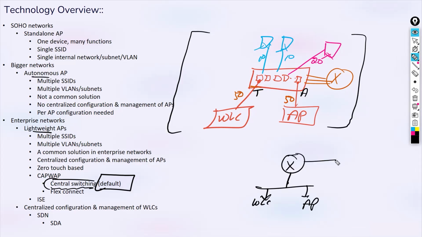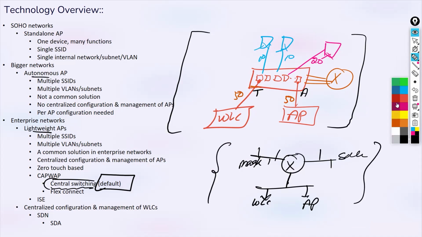Then another is where you have your PCs of VLAN 10, sales, and another where you have devices of VLAN 20, let's say marketing. So this is like your virtual. Why I'm saying this is to understand this part.